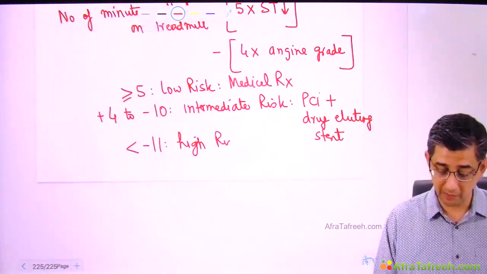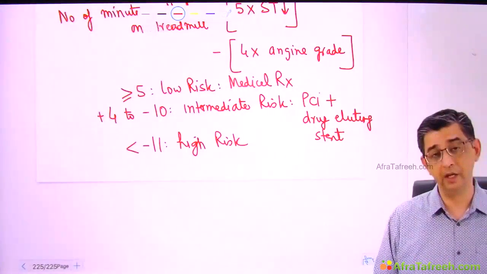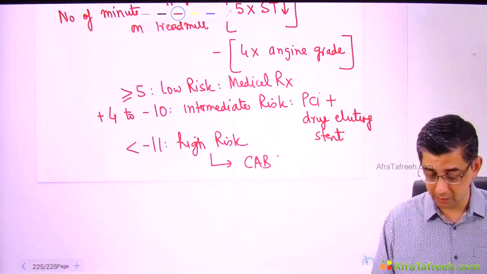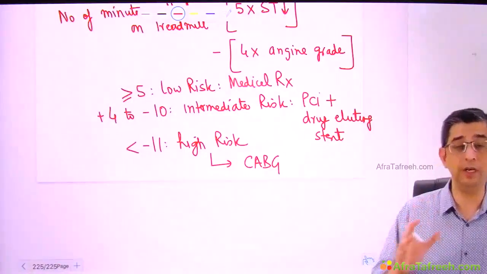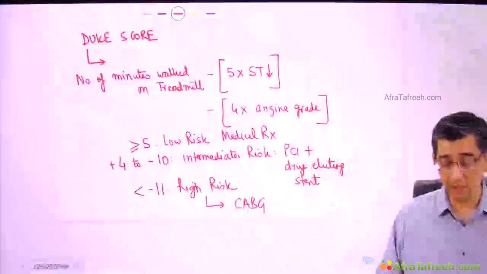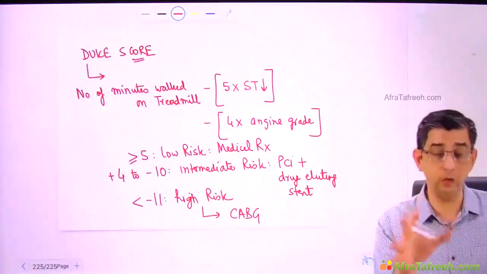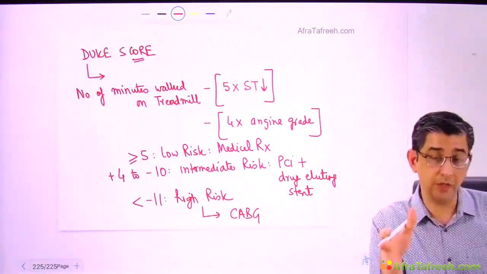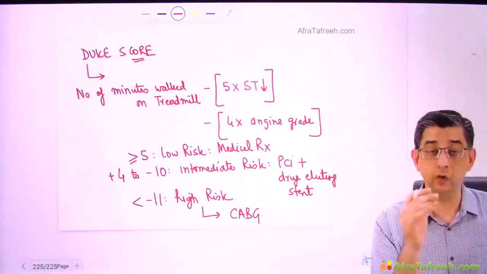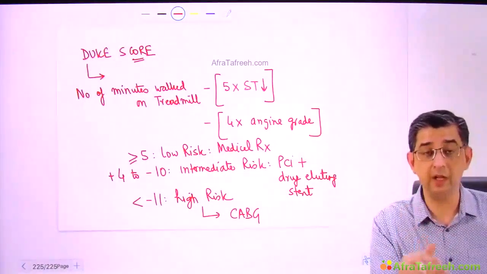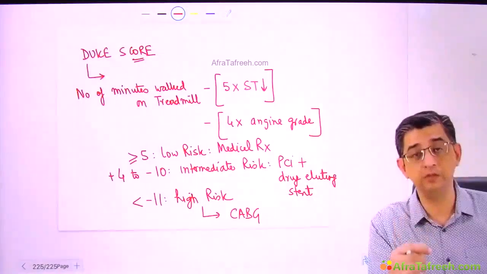This person can develop myocardial infarction any day. Therefore, all of these high-risk patients will be subjected to coronary artery bypass grafting. What you've learned at the moment is that Duke's criteria is for infective endocarditis, but Duke's score is not only going to help you diagnose whether somebody is having blockages in the coronary artery or not, it is always going to help you prognosticate.